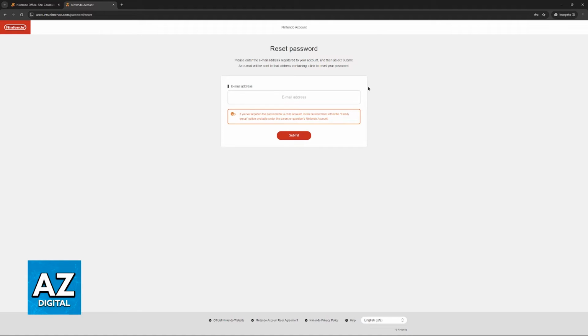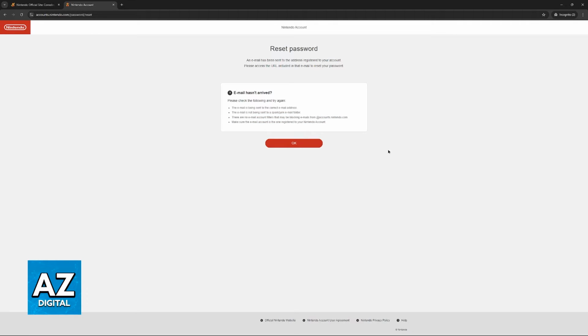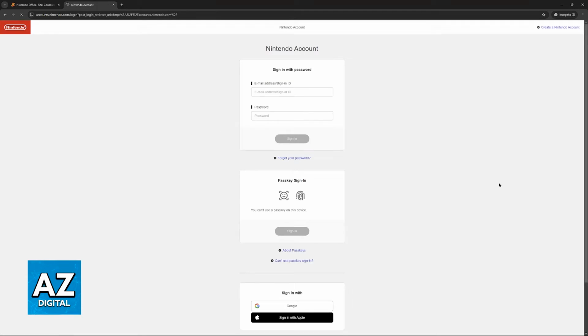You can also find this exact option on your Nintendo Switch, so when you go over to re-enter your password, you can also choose forgot your password. Now you will have to input your email address. If you don't remember your email address, then sadly there's not much that can be done. Talk to the customer support and see if they are able to help you remember the password.